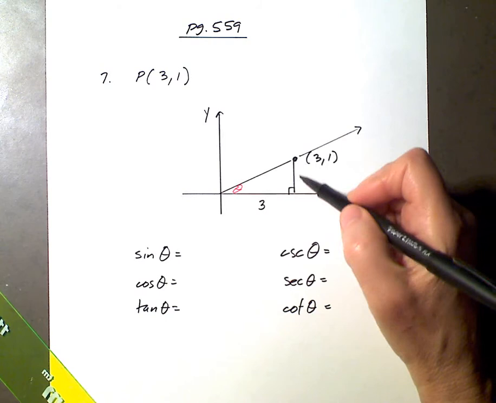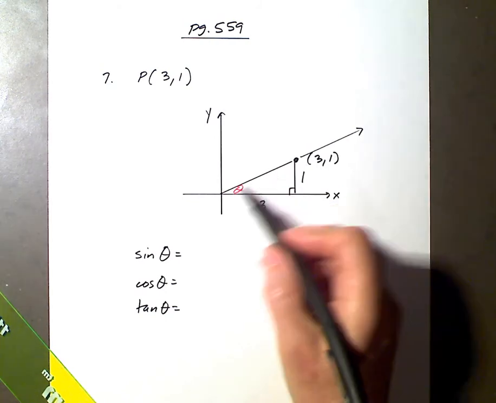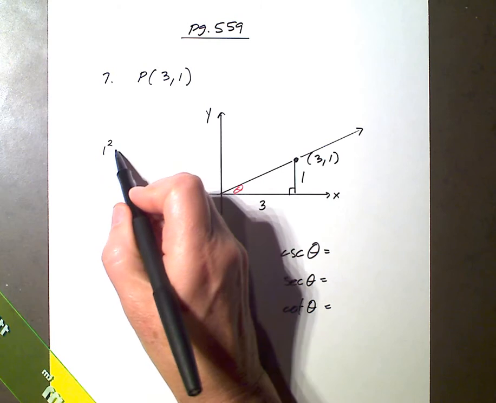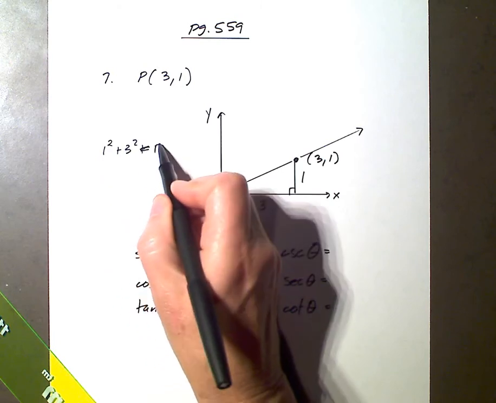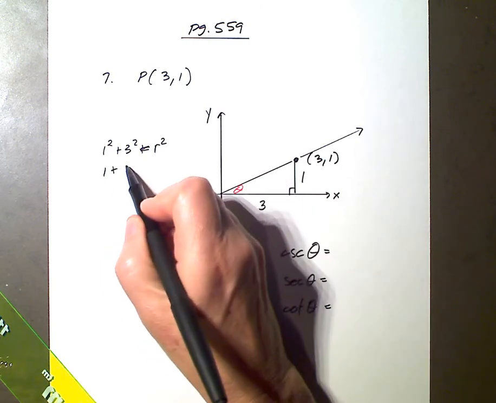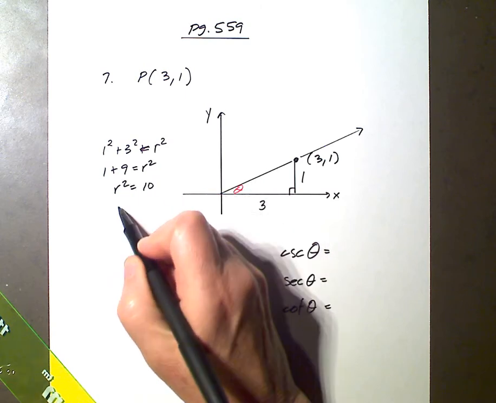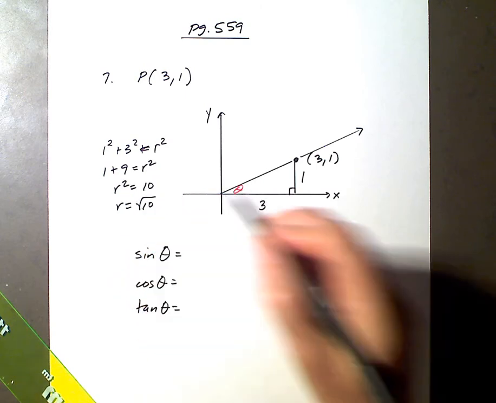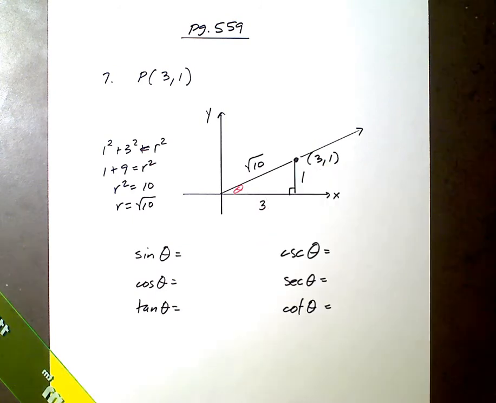And so to find what that hypotenuse is, I can use the Pythagorean theorem, x squared plus y squared equals r squared. So 1 plus 9 is r squared, so r squared is 10, so r is the positive square root of 10. So that's what that radius is. So then we remember that